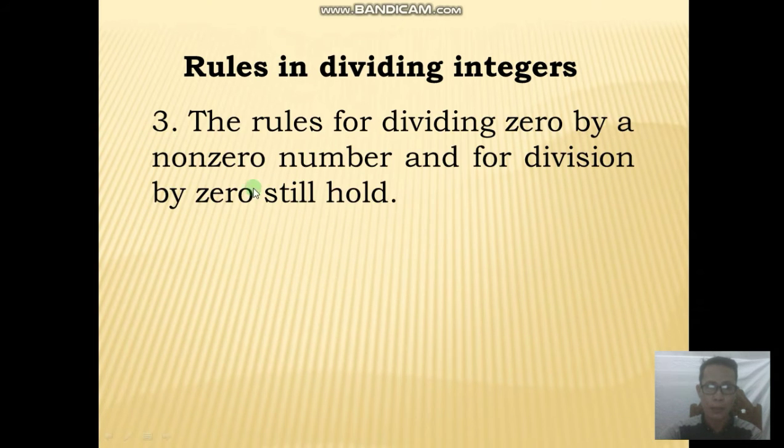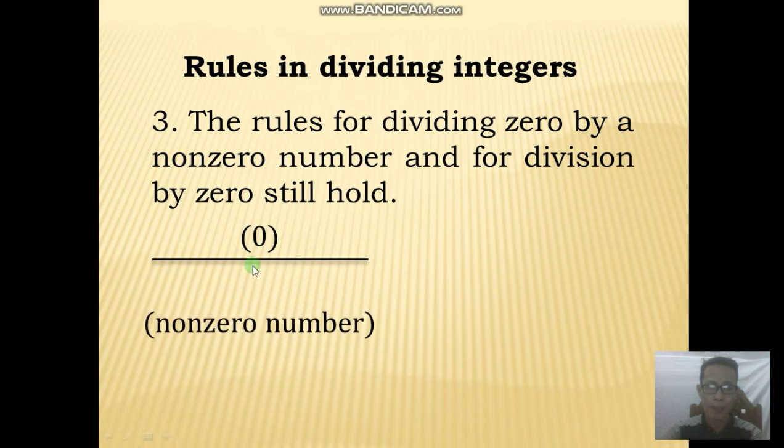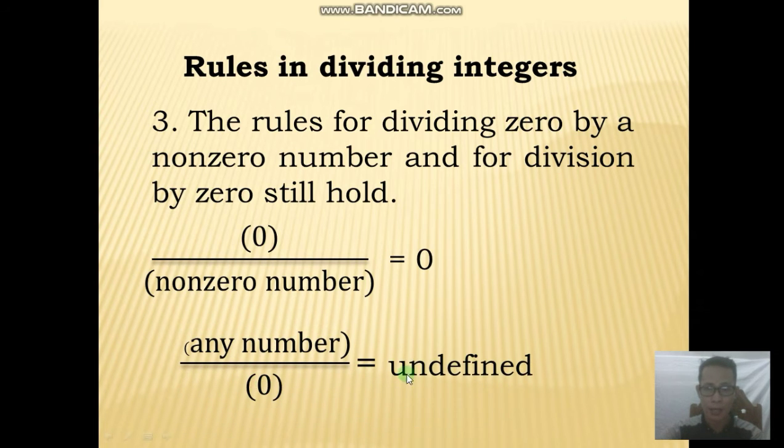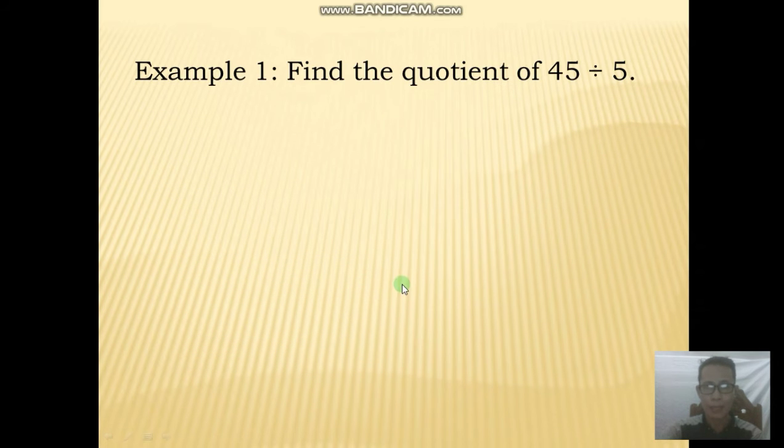Then, rule number 3: the rules for dividing 0 by a non-zero number and for division by 0 still hold. So, pag yung 0, i-divide natin to any number as long as non-zero number, the result is 0. Pag yung numero, i-divide natin sa 0, magiging undefined. Alright? So, example,